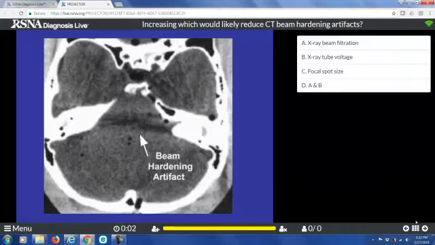Increasing which would likely reduce CT beam hardening artifacts. Here's an example, the blacker area behind the bone, that's a beam hardening artifact shown by the white arrow. Can you reduce this by having more filtration, higher voltages, bigger focal spots, or possibly A and B, more filtration or higher voltages? So pause your